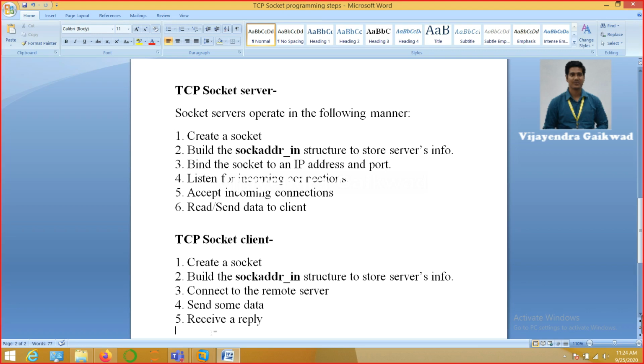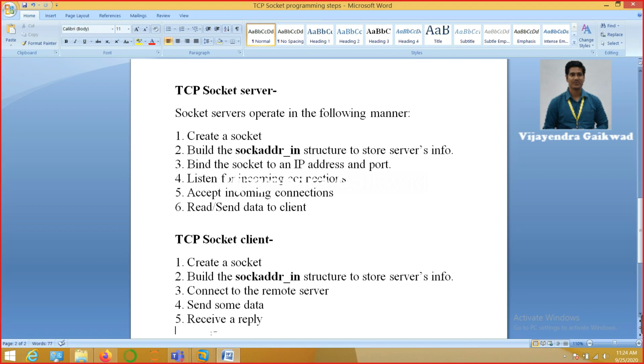Whereas in case of UDP, since the packets are just laid out in the medium, we need to perform rearrangement of the packets if the message sent is too large. So that is an overhead for us in case of UDP at the receiving end. We have to rearrange the packets again. Anyways, in this particular session, we are going to see about TCP socket programming.